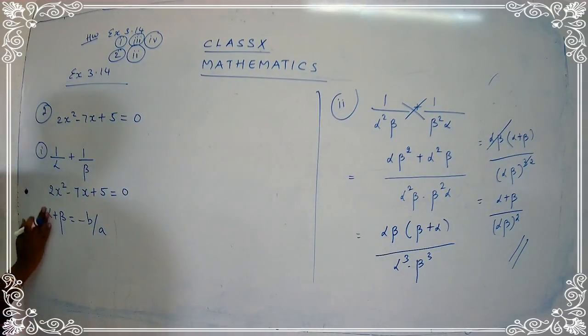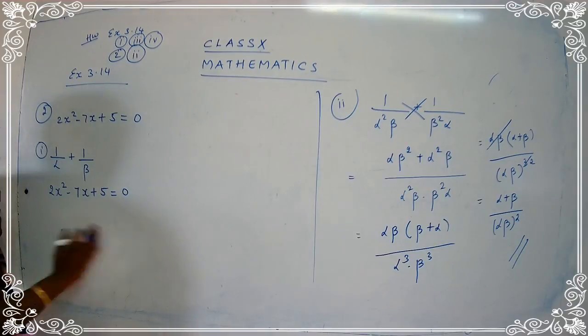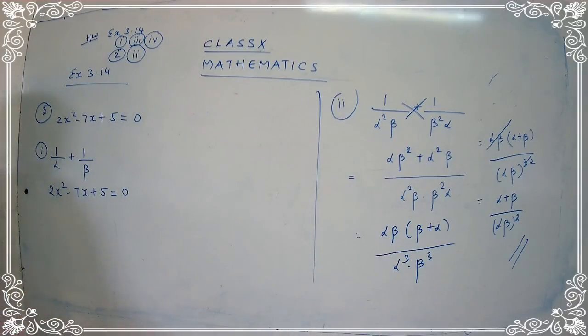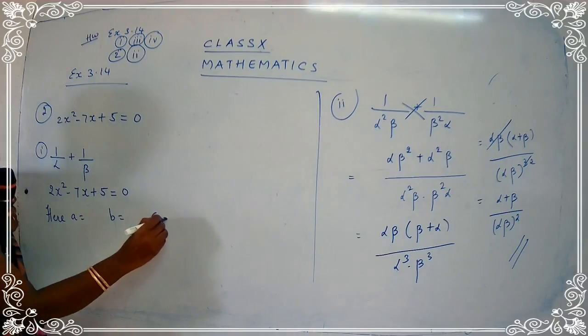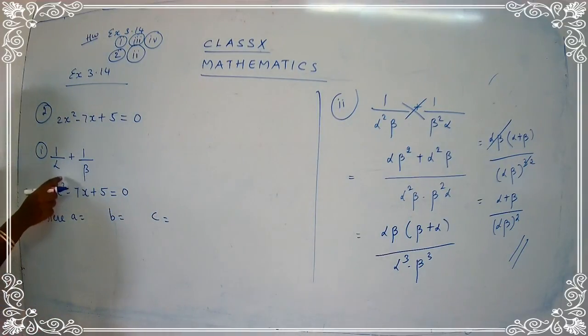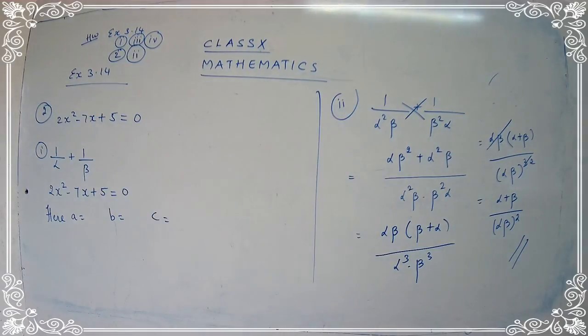So before I go for the formula, let me write the values for a, b and c. Write down the equation first of all, and write down the values for a, b, c. What is a? The coefficient of x square, as we have found for the determinant. Yes children, we have found the a value, the b value, and the c value. For the formula also we used to write a, b, c. In the same manner you are going to follow for a, b and c.